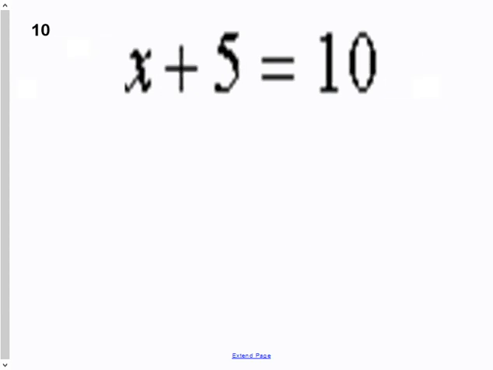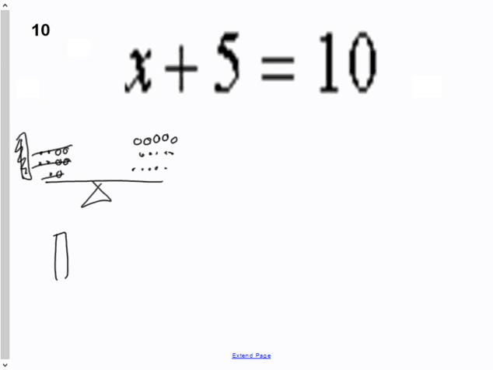In your next question, it's almost the exact same thing, except if I think about the drawing, it's an x plus a 5. Those are positive 5, not empty ones, and it equals a 10. So if I wanted to get rid of this, what would I have to do? I'd have to put 5 negatives here. And over here, I'd have to put 5 negatives to keep it balanced. That would make a zero pair, leaving me with x. And over here, that's a 0, that's a 0, that's a 0, that's a 0, that's a 0. I'd be left with 5. And my answer would be x is equal to 5.